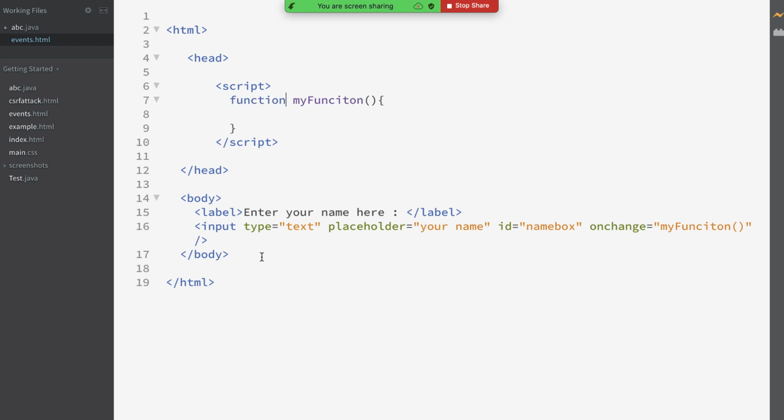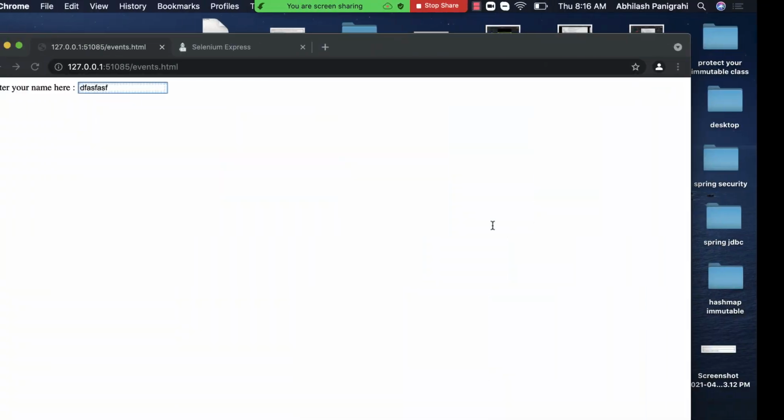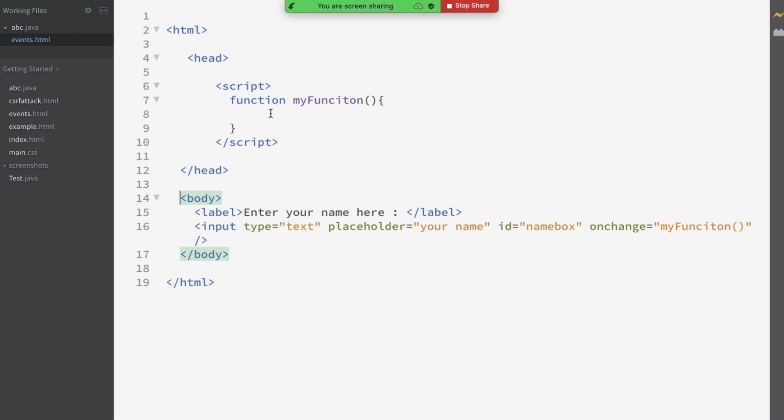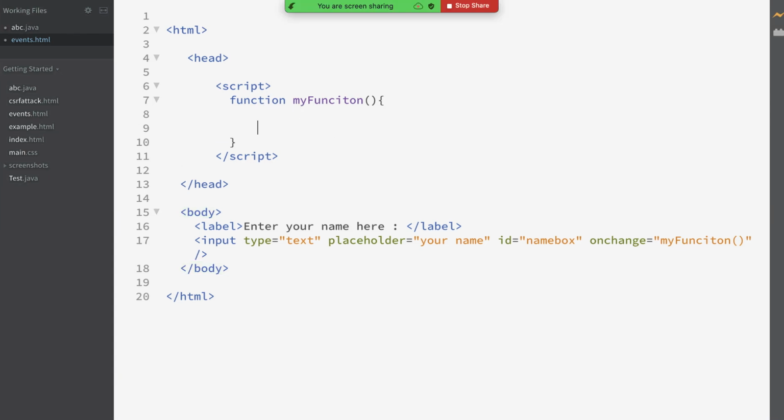So what I want is, whenever some change is done inside this text box, this my function gets called, and inside this function I want to get this particular name box's value, whatever I'm typing right here. I want to capture that value and change it to uppercase. Let's say someone is changing the value here, clicking outside, and on change I want to convert this value to uppercase. So the way we handle that in JavaScript is, first of all, in this text